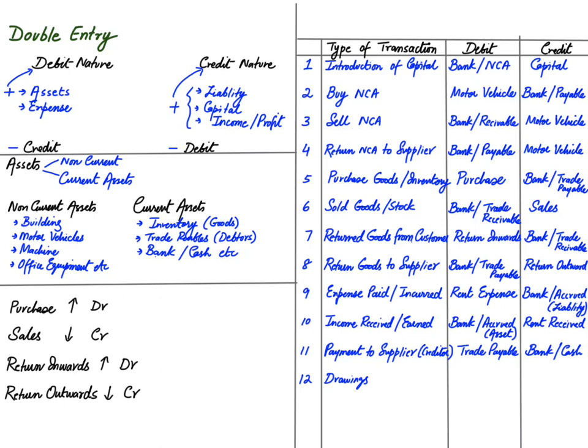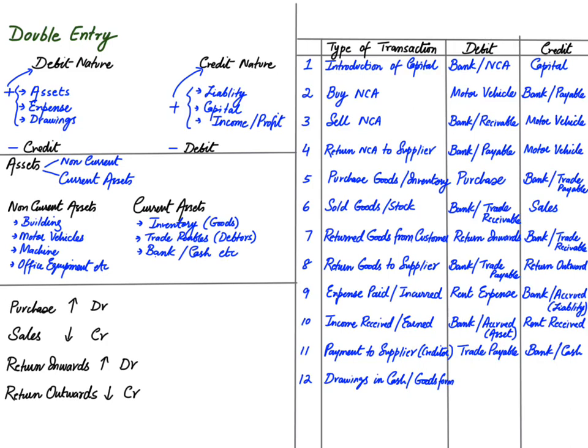So just remember one thing, drawing is always debited. I am writing drawing in a debit nature. Drawing is always debit. Why is drawing debited? Because drawing reduces our capital. Capital is a credit. So anything that reduces our capital, such as expense or drawing, is